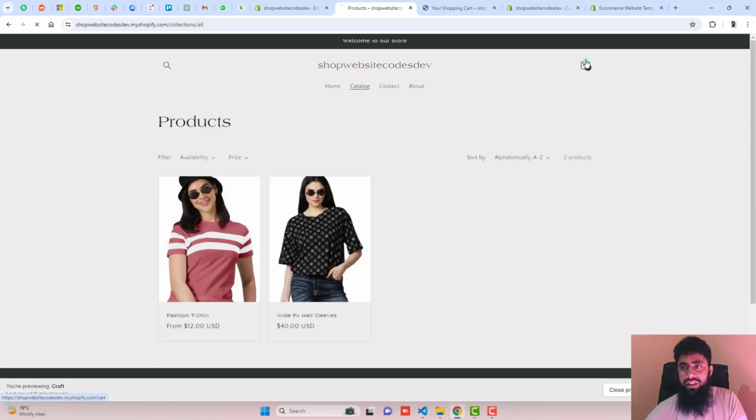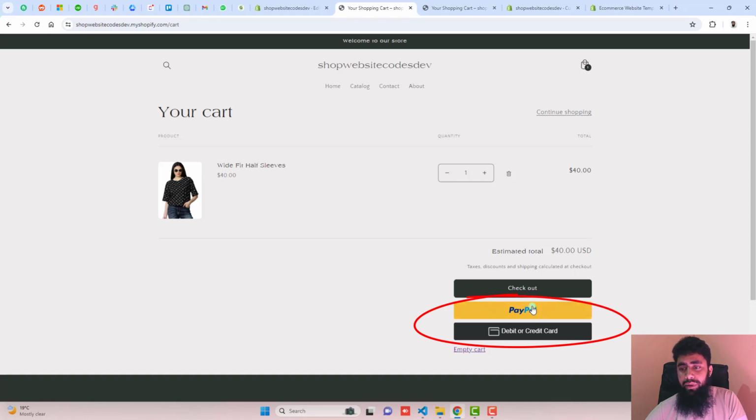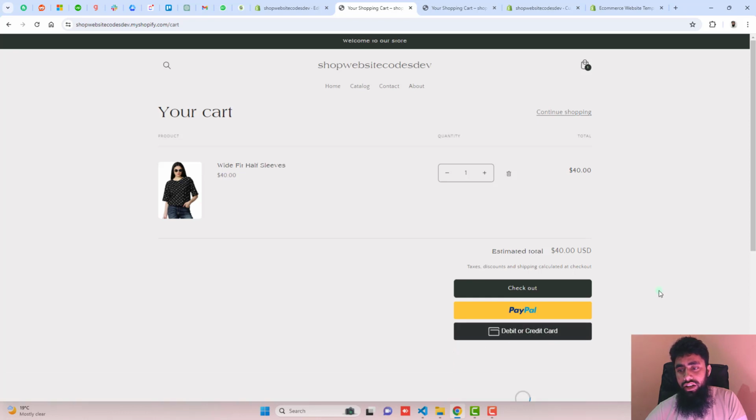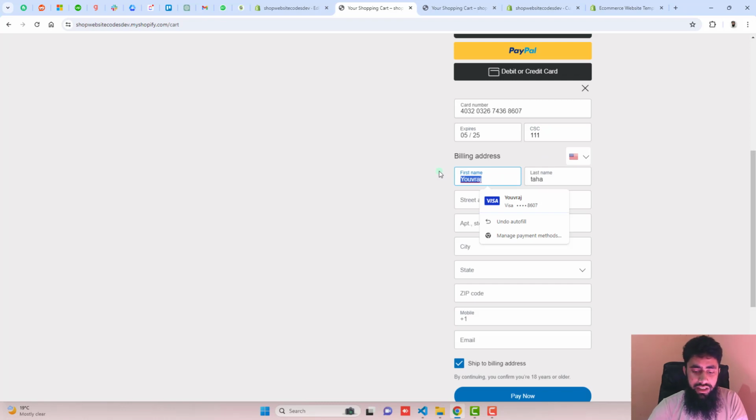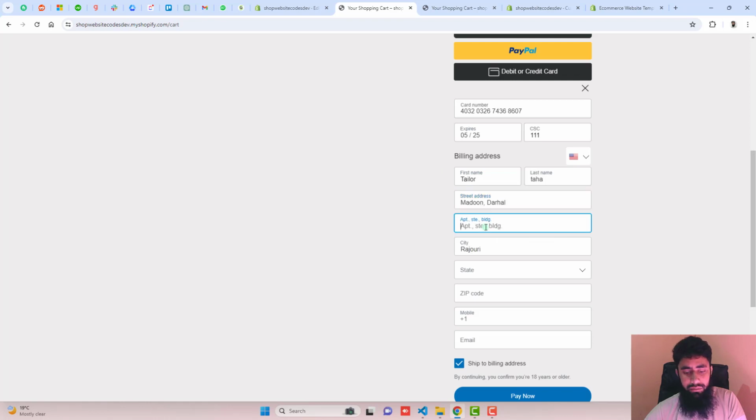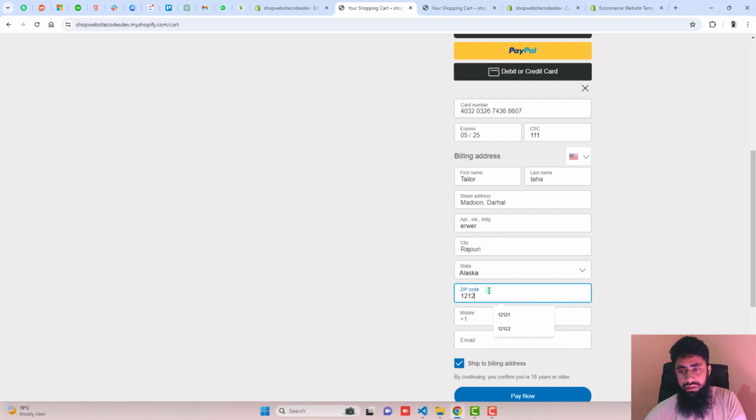Alright, so let me see the preview. Here you can see that we have the cart page, and we have PayPal button as well as debit or credit card button. So let's test it. You should click on debit or credit card, and then after you should scroll it down, and here you have to add the card details. I am adding my test card details, and for example I am writing here Taylor, and then I am adding some test details, and then after you should put zip code, phone number, Gmail, and then after you should click